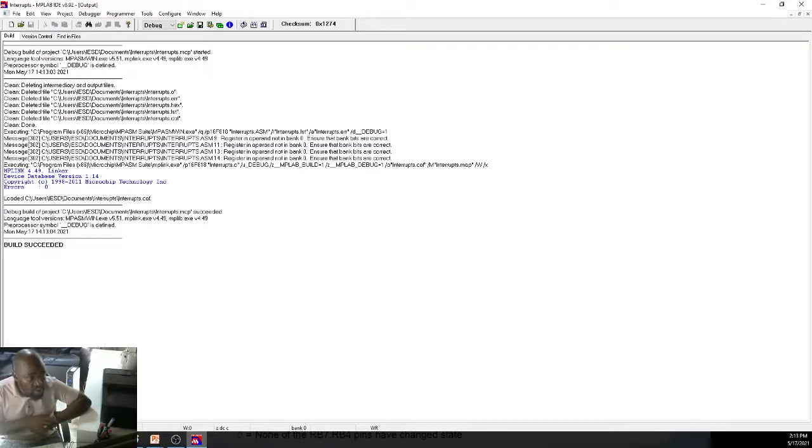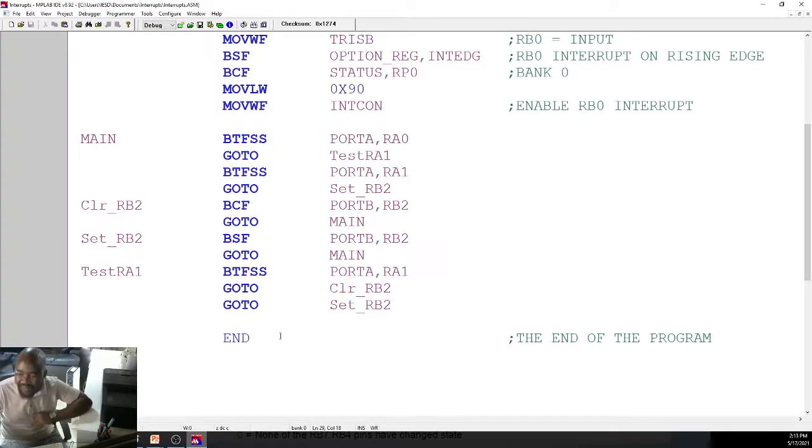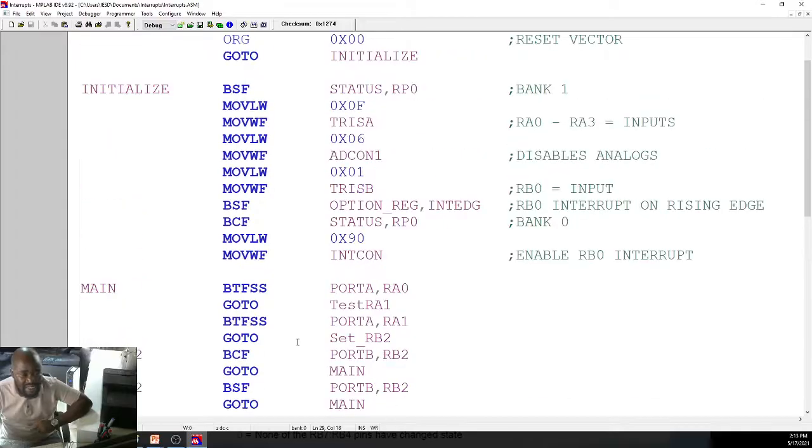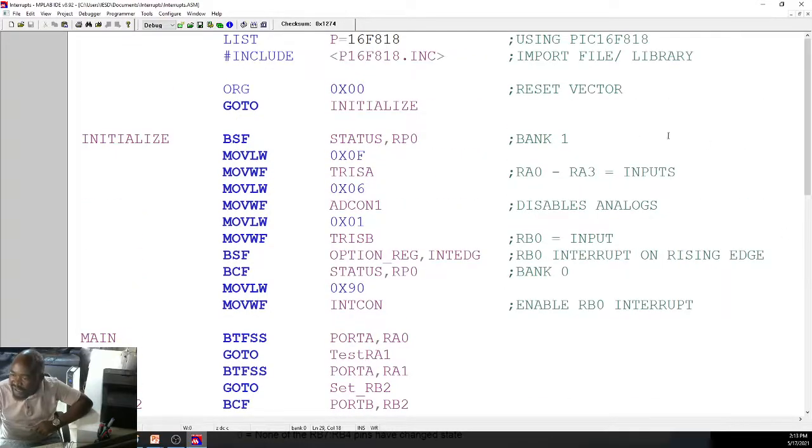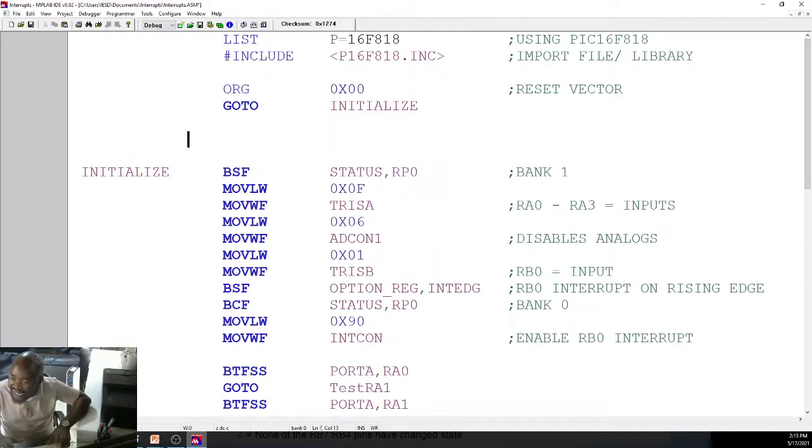But that program is not complete because I have enabled interrupts. If an interrupt takes place, the program should be able to jump to what we call the interrupt service routine, right? And now the interrupt service routine is at program address 04. So we need to initialize it here as well. Origin 0x04. This is our interrupt